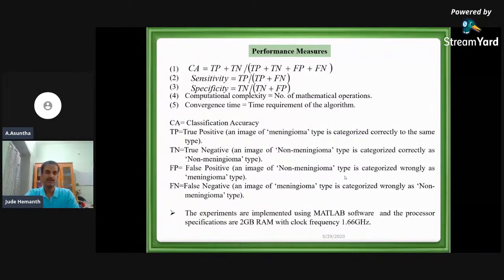Okay. So whenever you go for implementation with medical image analysis, you also need to give the specifications of your computer, right? That is very, very important when you write a research paper: what software you have used, what the RAM capacity of your processor is. All these specifications should be given. Only then can a reviewer or an editor identify how far your results correlate with the computing capacity of the system.